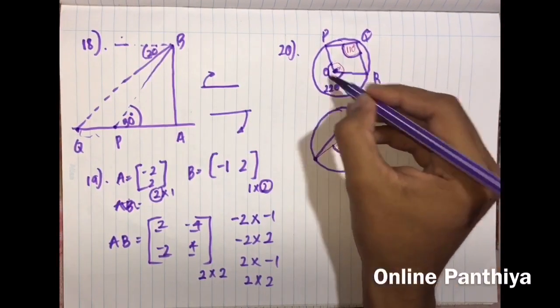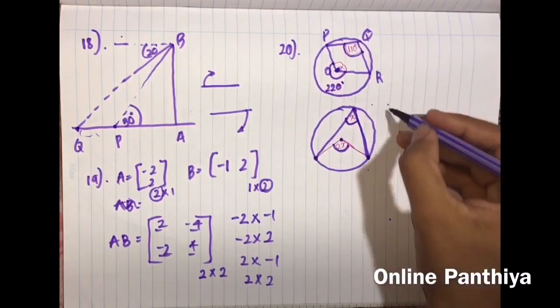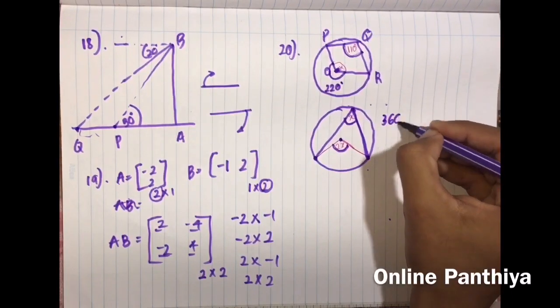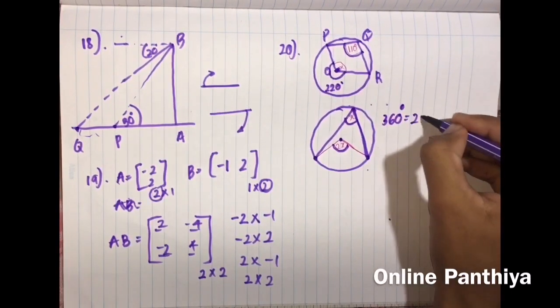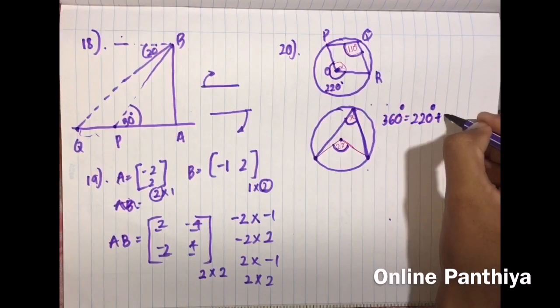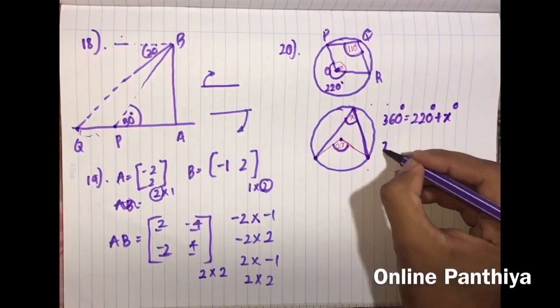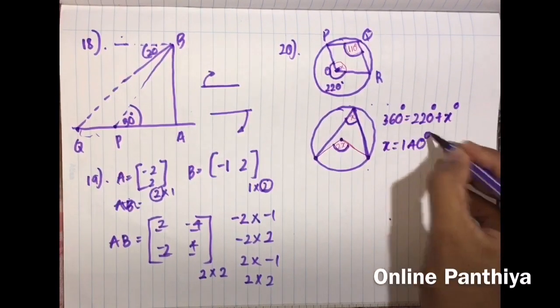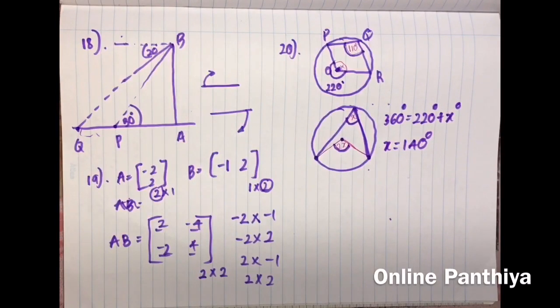So this total should give you how much? 360. That is actually simple. 360 is equal to 220 plus you have an x. So x is equal to 140 degrees. Okay, and 21,